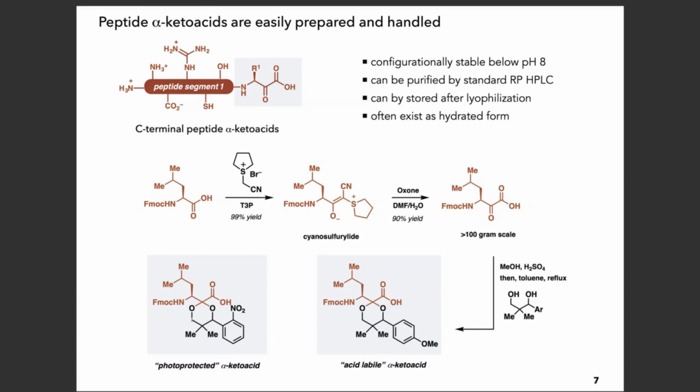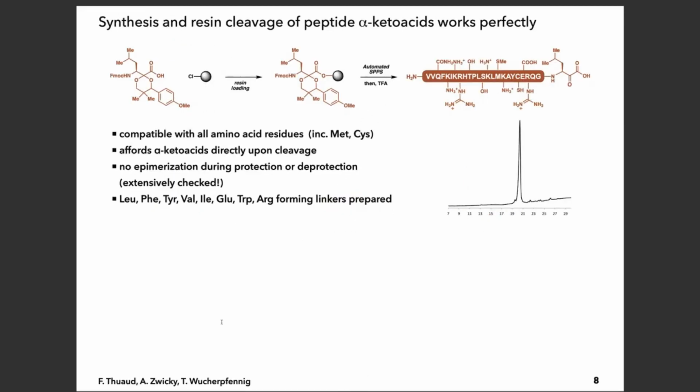And we can also form these photolabile ones, protected version that is stable to TFA but can be removed with light. And so once we have these protected amino acids, we can couple them onto a resin or install a linker and couple that onto a resin. And from this point forward, everything is just standard FMOC solid phase peptide synthesis. We can do this, for example, on an automated machine. And then when we cleave the peptide with TFA, we get directly the keto acid, and all of the side